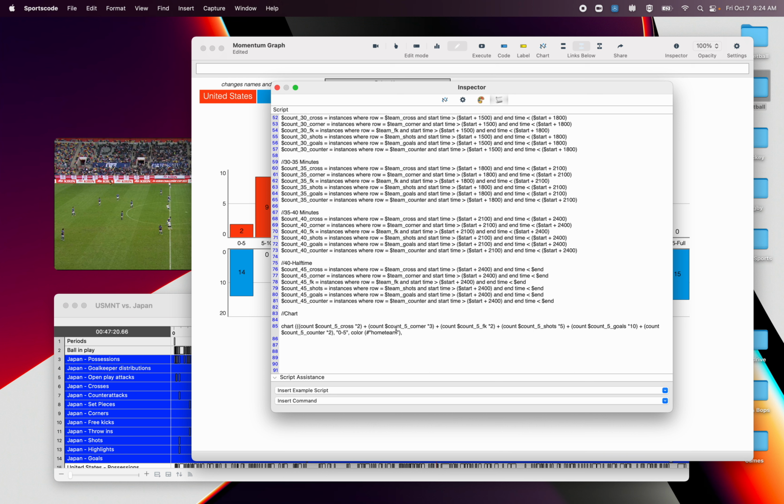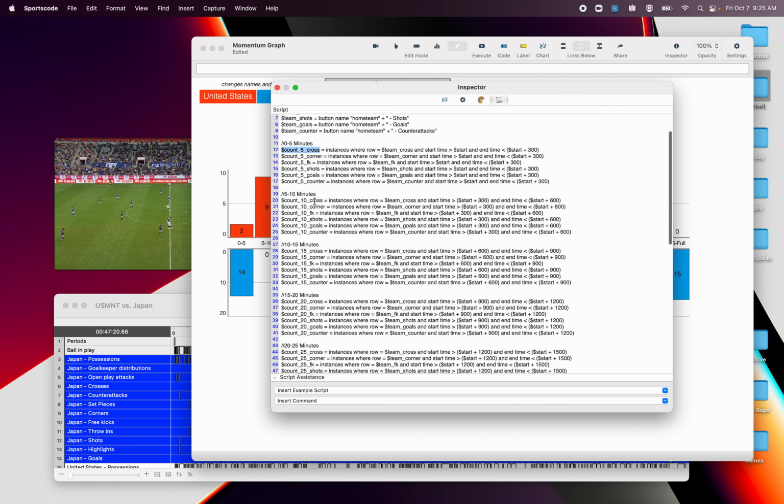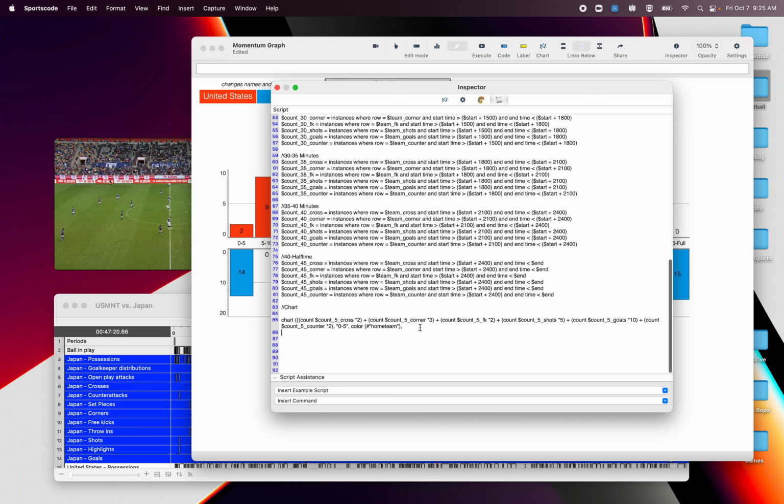So we've done our count, we've done our name, we've done our color. Now it's the video that we want to show when we click this particular column in the chart. And we want to show all of the instances in the first 5 minutes. So this time, because we didn't count, we can still use this script here. And we're going to go